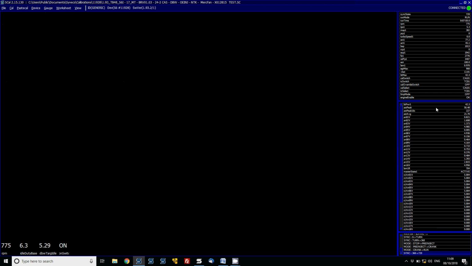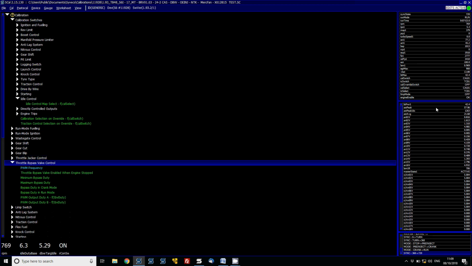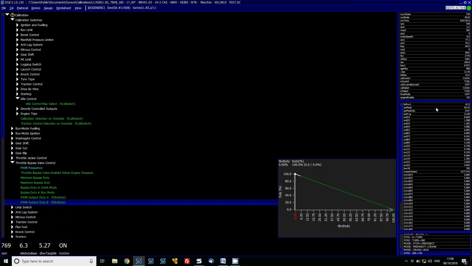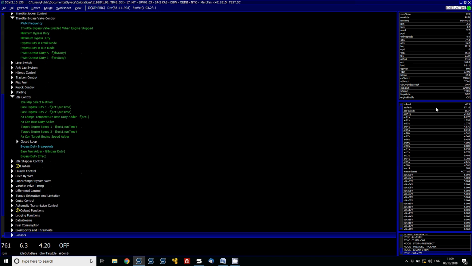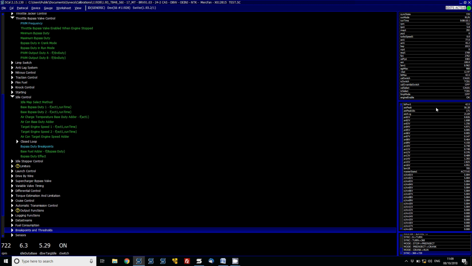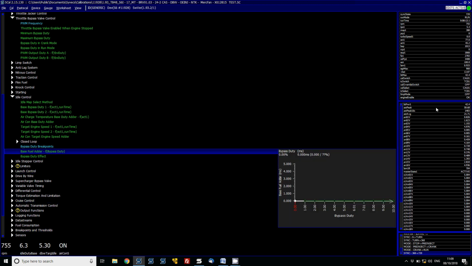So you would assign those, and then under the throttle bypass valve control, you can set the frequency to suit and the minimum and maximum duty, and you can also invert the duties for each of the outputs, so that if you were to apply 50%, it applies 50% in both directions for the valves, so that the air is being controlled well. You've also got a base fuel adder based on your bypass duty. If you've got a particular car where the fueling is done via throttle position and RPM, and you have an idle valve in there, if you increase the air from another source which is not reflective of the TPS, then you need to apply different fuel adders to it,